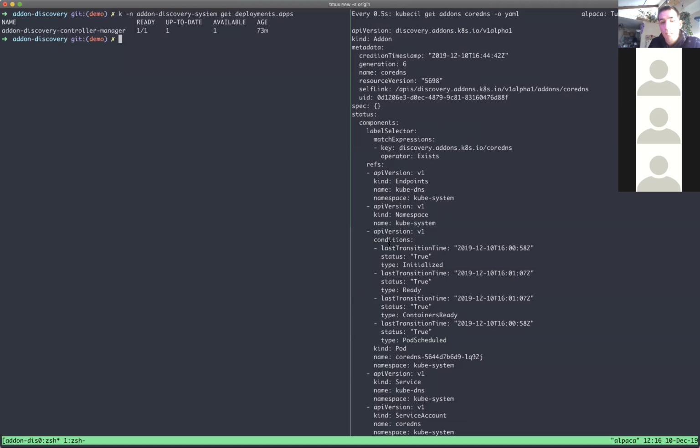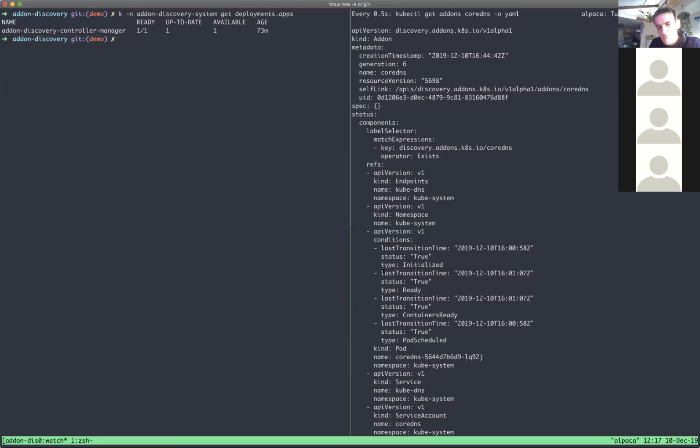So we have something doing exactly that. The link is in the meeting agenda, and effectively every time this controller sees something with a specific label prefix followed by the name of the add-on that we want to talk about, it aggregates it into the status as an enhanced reference.